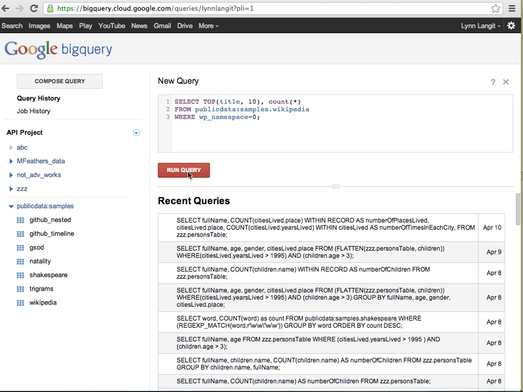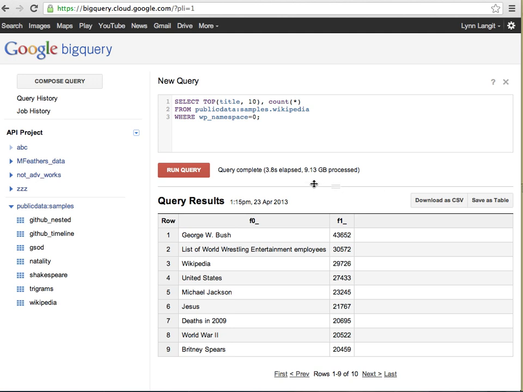But the difference is it runs on Google's infrastructure very, very quickly. And you can see 9 gigs of data processed in 3 seconds, almost 4, and I can download this as CSV or save as a table. So there's a lot more to this service than what I'm previewing right here, but one of the important points